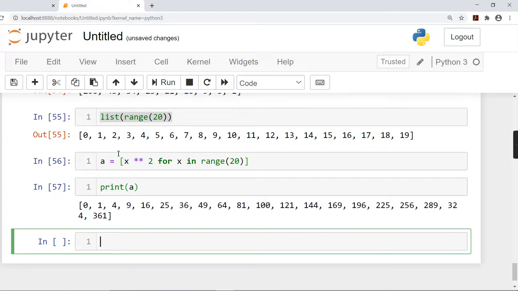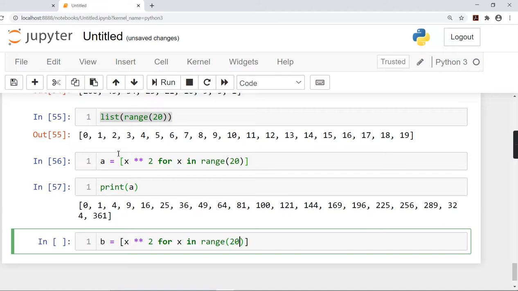So we get a list of even numbers' squared values. For doing that, let's create a new variable b, and inside b we are simply saying again the same thing, x squared for x in the range